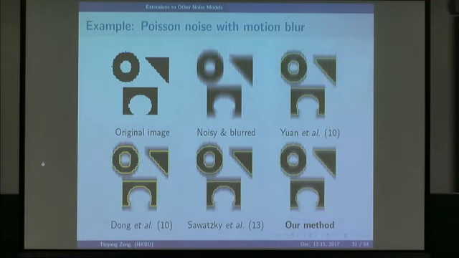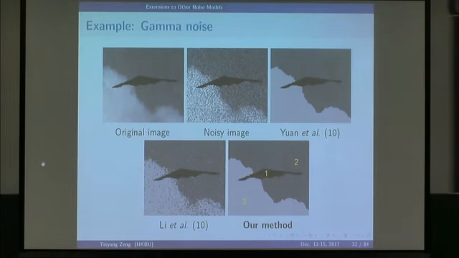So let me show you more results. This is the original image. You have some noisy and blurring result, and also here is our result. It's very interesting to notice that you have some tick here, and then we also have some tick here. So you see. And also we can apply this for gamma noise. The original image is here, and you have some gamma noise here. So these are the